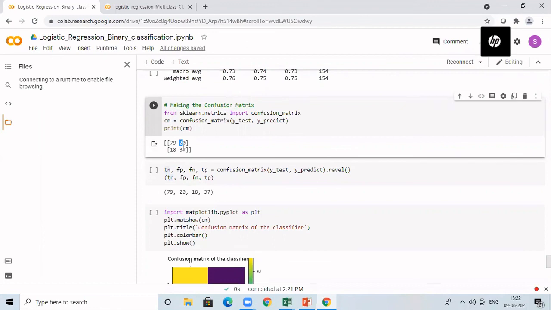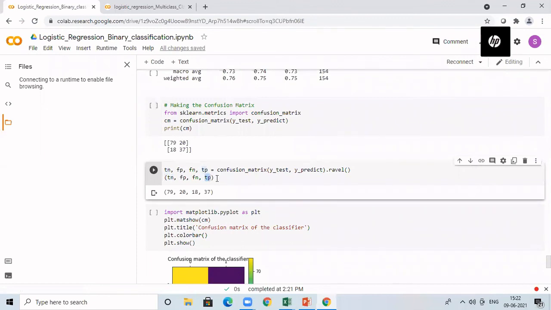And if you consider 37, it is in row 1, column 1. That means actual is 1 and predicted is 1. Both are correct, so it is true positive. This is how you have to interpret this matrix. Whatever may be the dimension of the matrix, the diagonal value is going to tell that the prediction is true. Whichever is other than the diagonal element, that is nothing but the prediction is false.